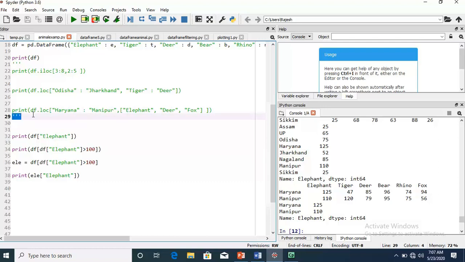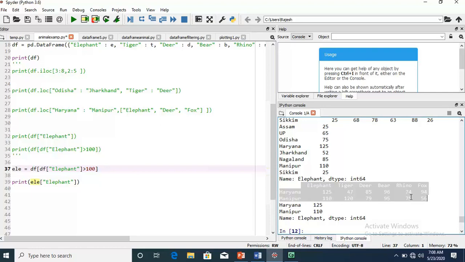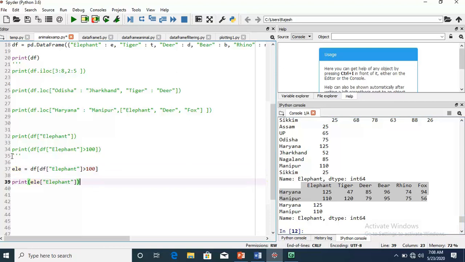To tackle this problem, I have used another variable ELE which stores the subset of the data frame, meaning the data which satisfies the condition is stored in ELE, and from this entire data we fetch only elephant. This is elephant. Okay, I hope you understand how to apply the condition.